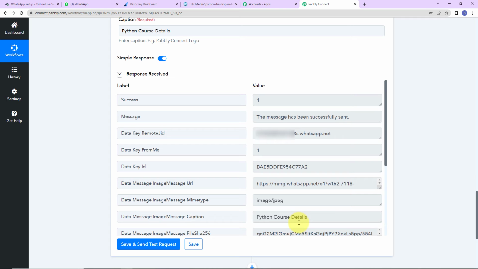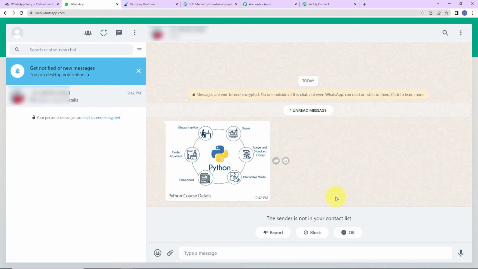So now here we can see that we have received a positive API response, according to which now a message must be sent on the WhatsApp number of the person. So let's go and check the same. And yes, here you can see that we have received the Python course details. So this basically means that our integration is a success,